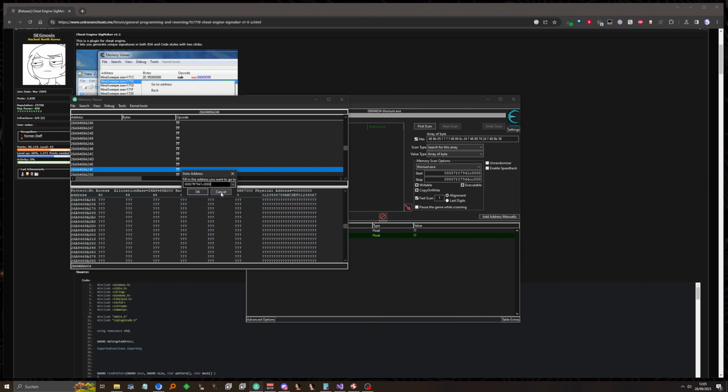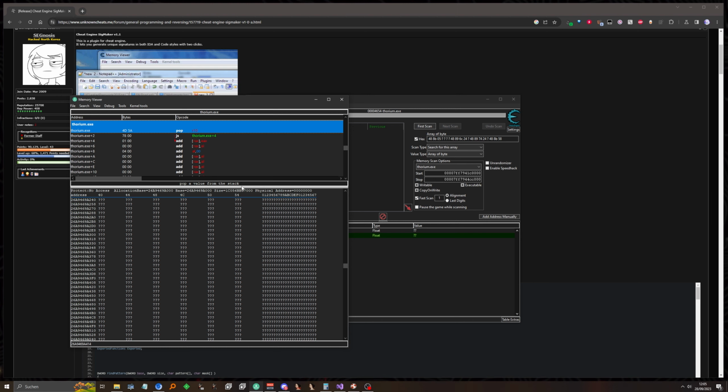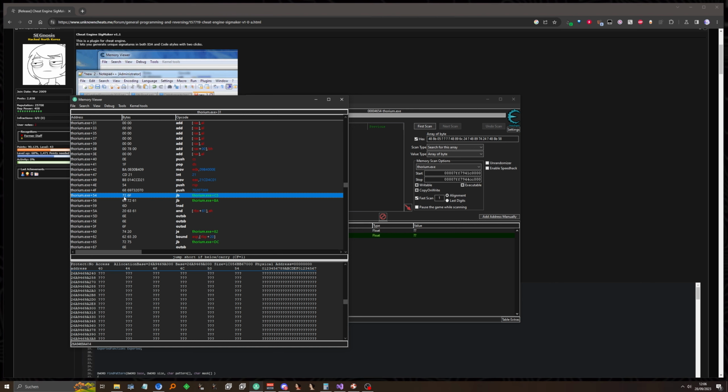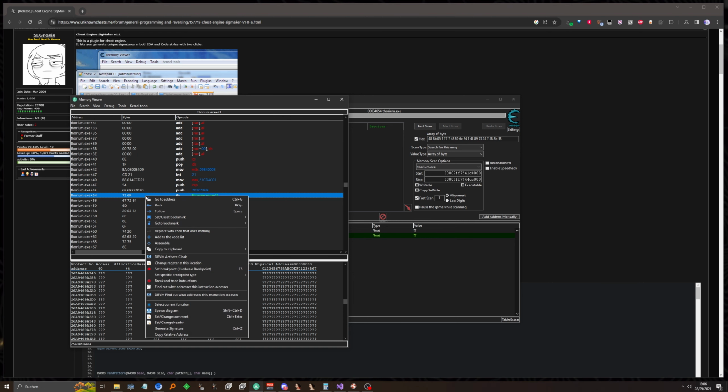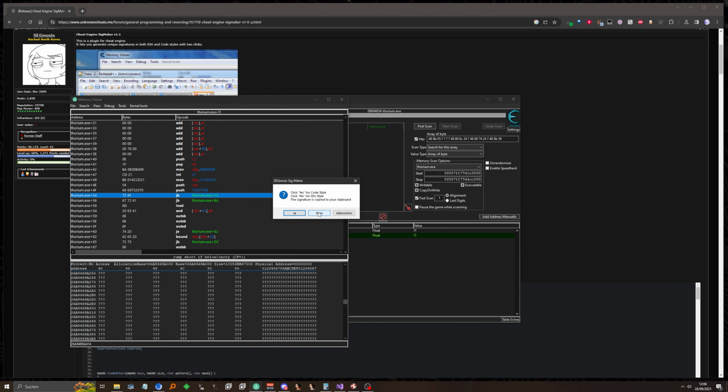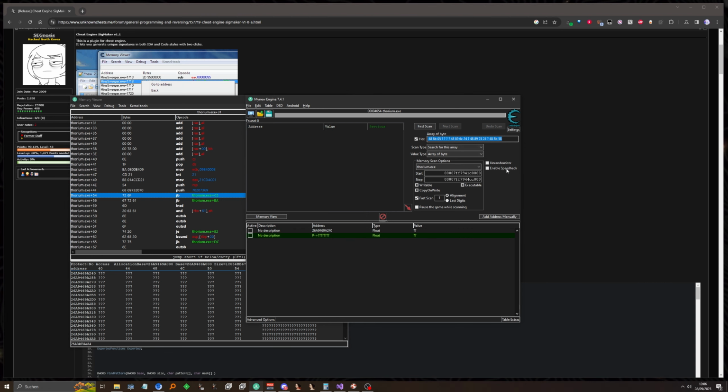So we go to the base address, and let's say we want to create or generate a pattern for this address. So instead of manually writing down 72 6F 67 72 61 as a pattern, you can just right click, generate signature, and press no for IDA style, and yes for code style. In this case I will use no for IDA style. And if we paste it inside here, you can see that it automatically generates a pattern